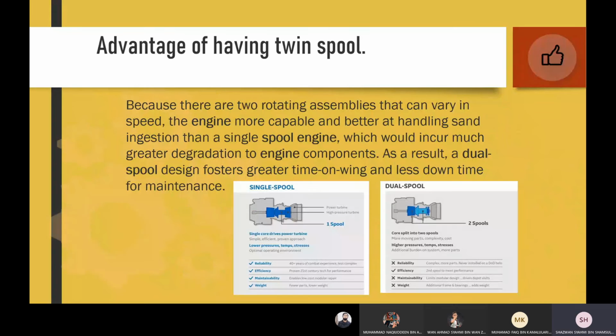The advantage of having twin spool is that because there are two rotating assemblies that can vary in speed, the engine is more capable and better at handling sand